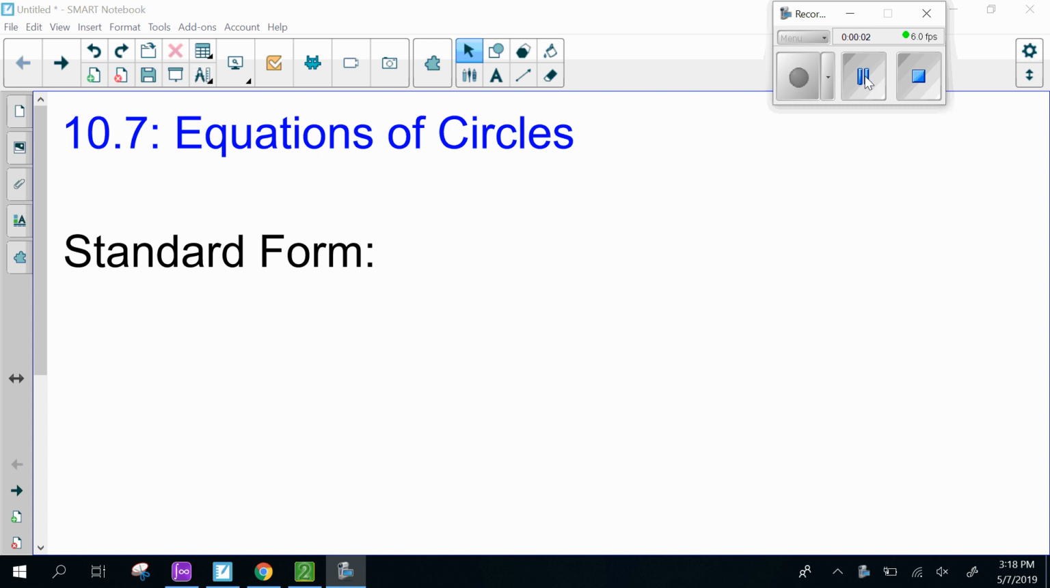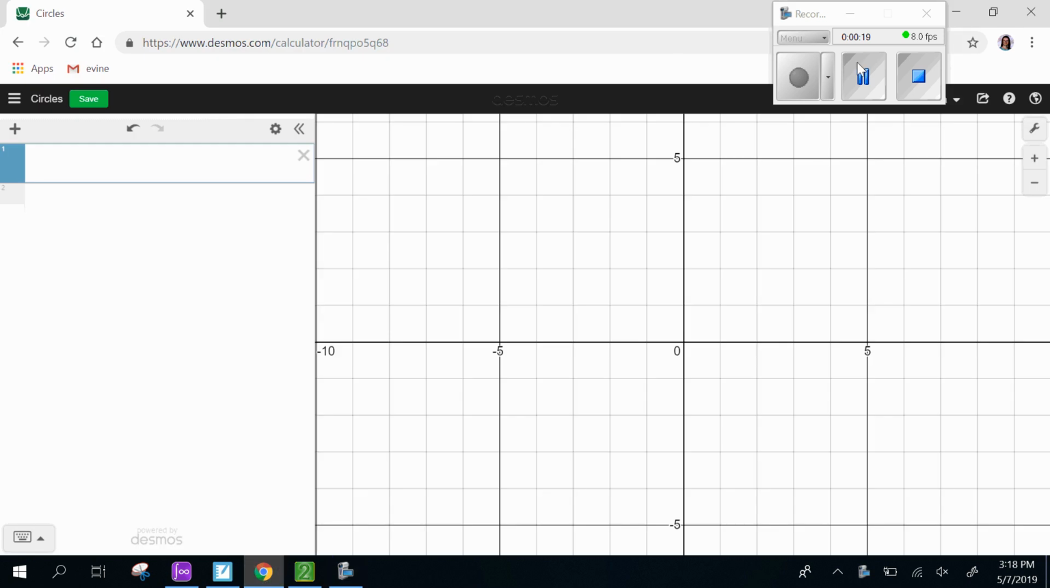Alright, so in section 10.7, which is the last section of this chapter, we're going to take a look at algebraic equations of circles. So now we are actually going to place our circles on a grid where we have x and y axes. So the first thing I'm going to do is use Desmos